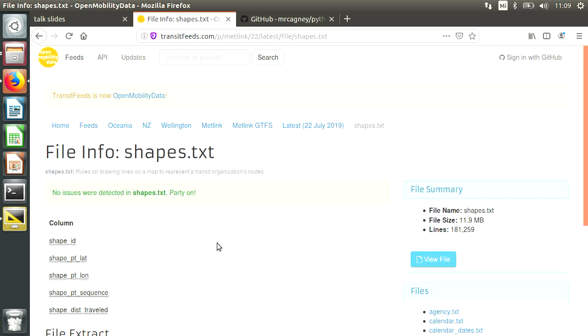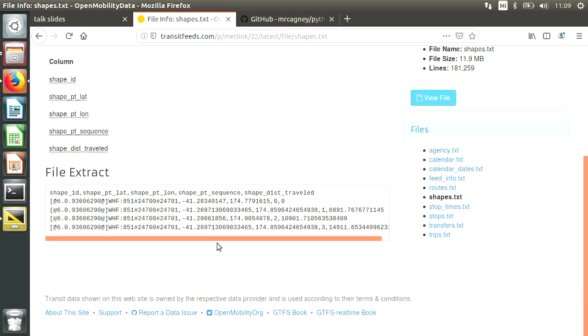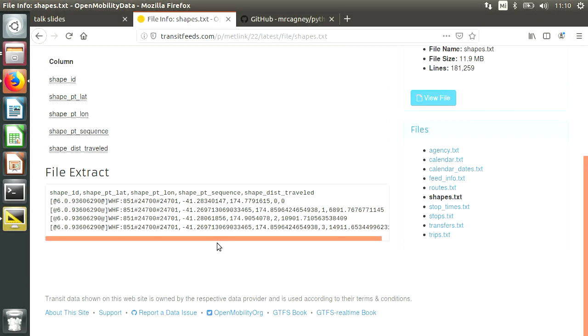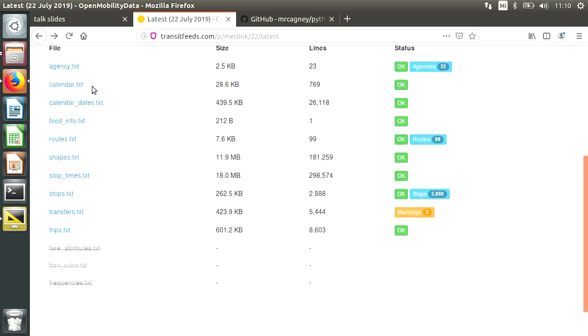Shapes.txt is the geodata of the trip. It's the path, the geographic path that the trip follows. So it's a bunch of longitude, latitude coordinates for that trip. So it's pretty good. Now you know, we're piecing together lots of data here for the route, the paths that